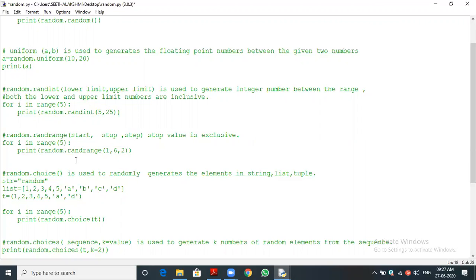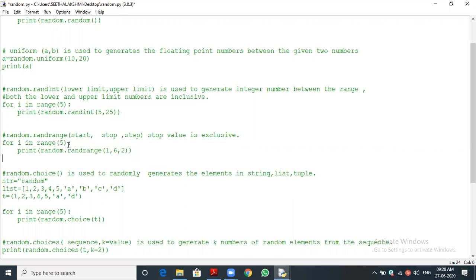What may be the output? 1, 6, 2: what numbers may it generate? 1, 3, 5. Very good. It will generate only one number.